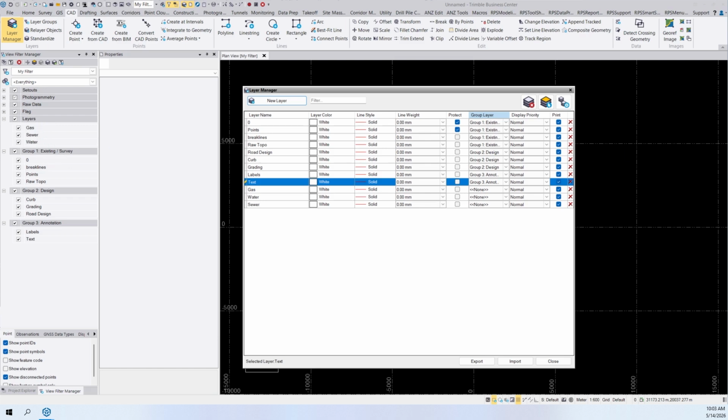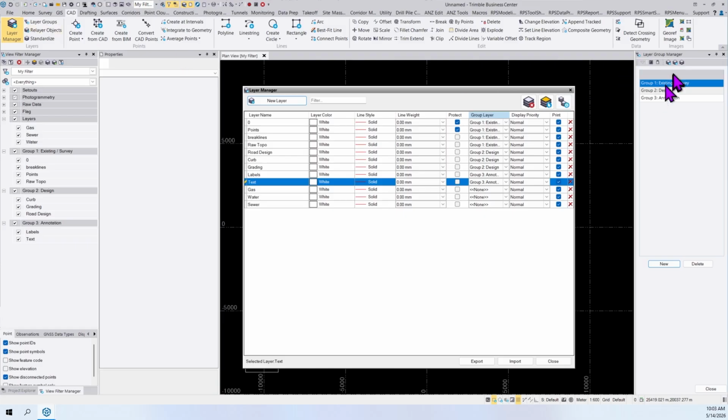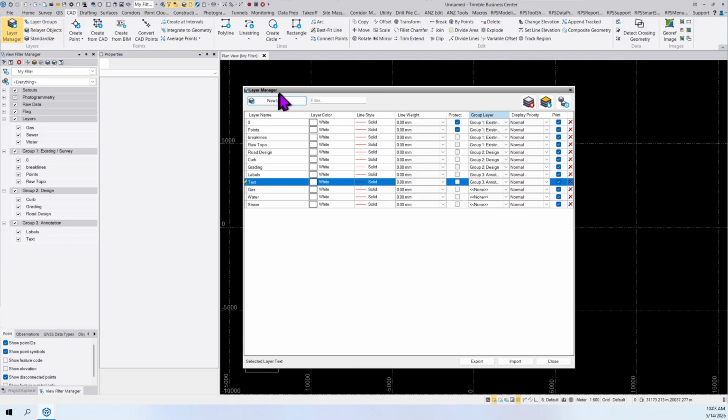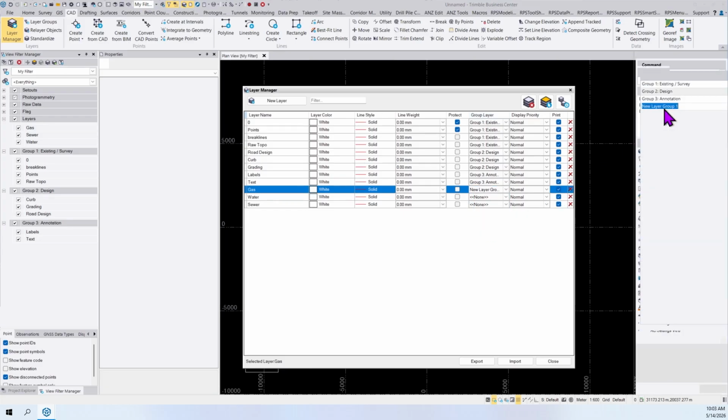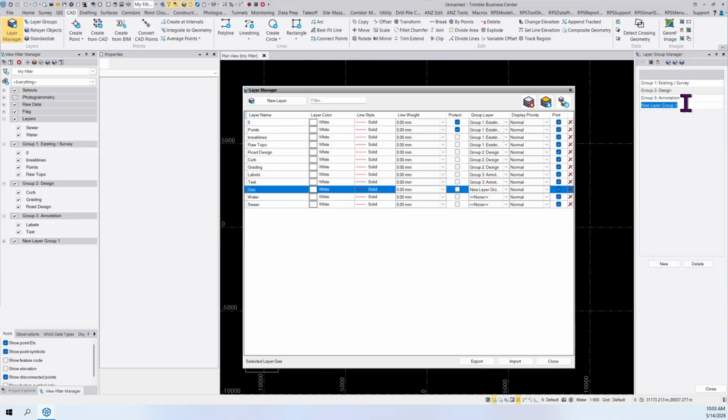So no surprise there, I need a grouping that's called utilities. So we could go to where it says layer groupings here, and we could tap new, or while in the layer manager dialog box, we could also look at those specific layers, and we could also switch them here. But because there is none in there, we go new, and it's going to carry us to the same dialog box. So I'm going to go ahead and write out group number 4 utilities,